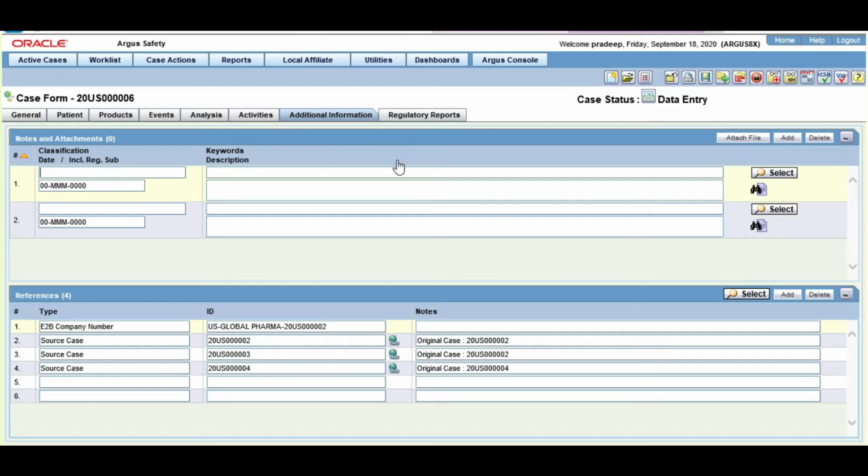In the additional information section, we will observe that we have classification as a field. When we double click on it, we get all the options: Argus console, attachment classification, code list. So it will list all of them, even the one which says photograph, which was set to no in the code list. So let us select E2B additional doc which we have created, and it was set to yes as ICSR transmit attachment, and we will enter a description.